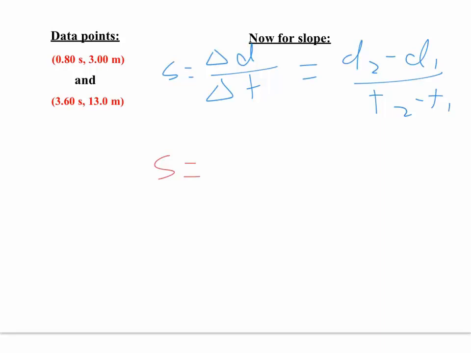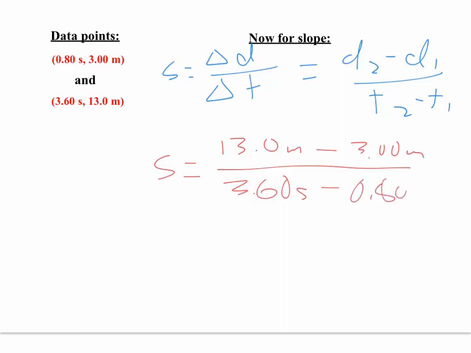All right, looking at our data, our second value for distance was 13.0 meters. Our initial point for distance was 3.00 meters. And I'm going to divide that by the difference in our two time values. So our final time occurred at 3.60 seconds with our initial time at 0.80 seconds. Notice that